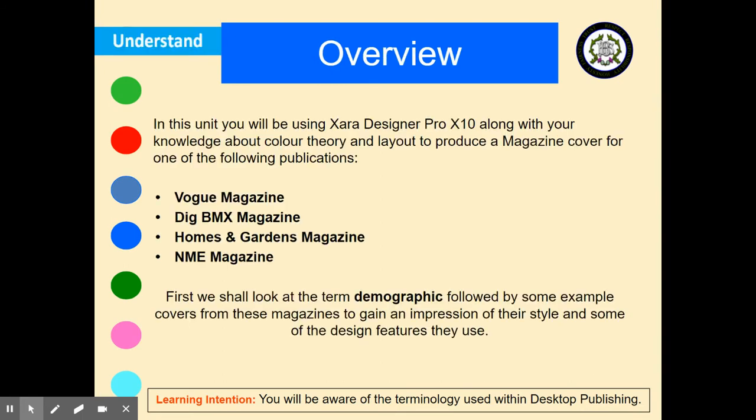Okay, so in this unit you'll be using Zara, as I've mentioned. At the moment we're going to be using Google Drawings, unfortunately, thanks COVID. And with your knowledge about color theory and layout, you'll be able to produce a magazine cover for one of the following publications. You have to pick one of the 4 publications: Vogue magazine, hopefully you've heard of that, Dig BMX magazine, Homes and Gardens magazine, or NME magazine. We'll have a look at these later, and you'll have a bit of time to research the different magazines. But first we shall look at the term demographic